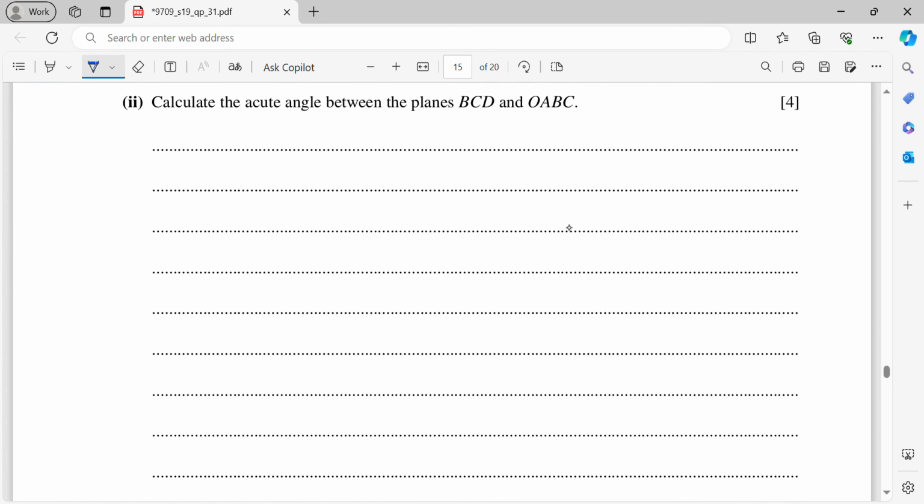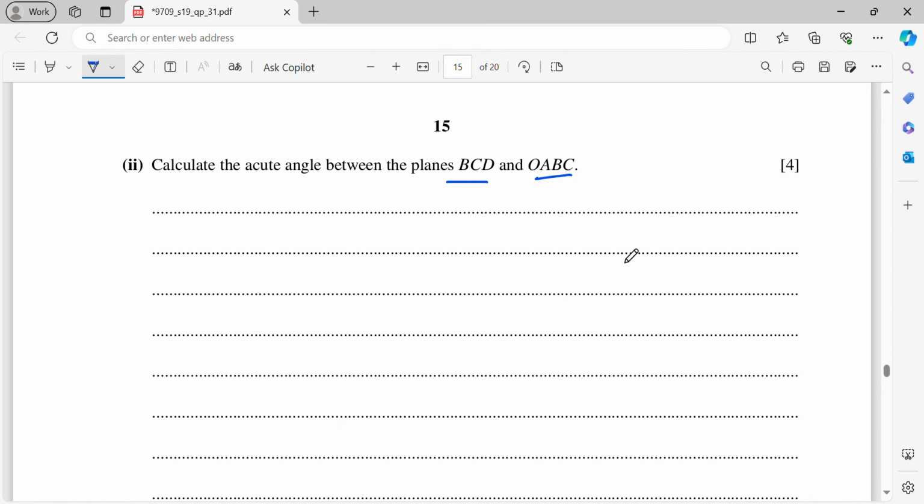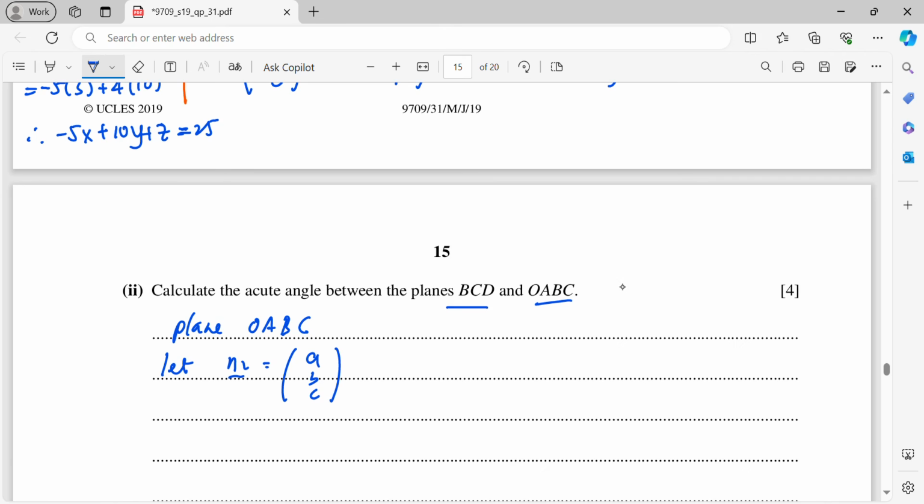Okay, now part 2: find the acute angle between the planes BCD and OABC. For plane BCD, we already found the normal vector n. Now we need to find it for OABC. It's the same method, right? So for plane OABC, let n2 be (a, b, c). Look here, let's say this is the plane OABC, so you will have OA,